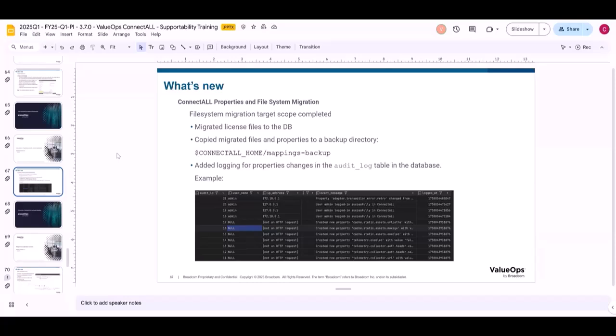In this PI, we migrated the license files to the database. And based on feedback from this call in previous PIs, we also instituted a cleanup so that now when the migration happens, instead of leaving any of the files in the standard folder, they are copied over to a backup directory so that all of the